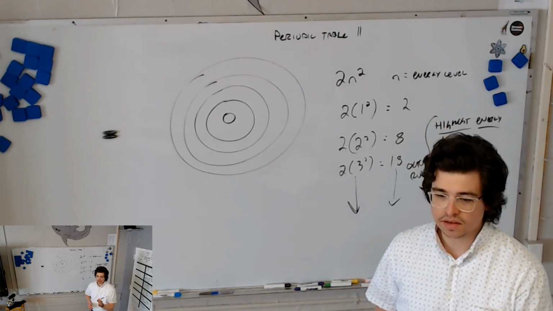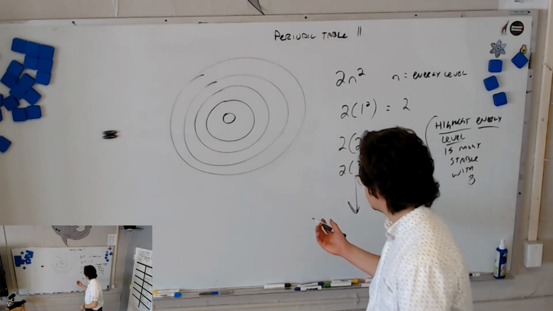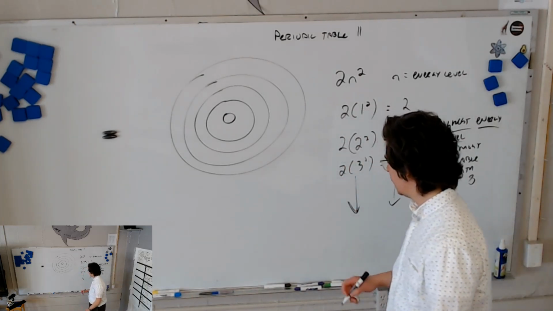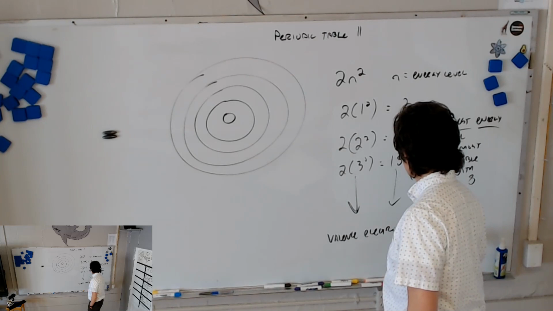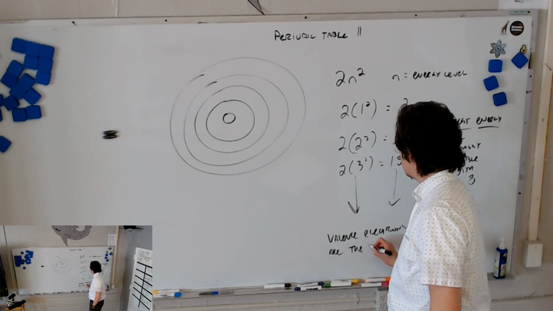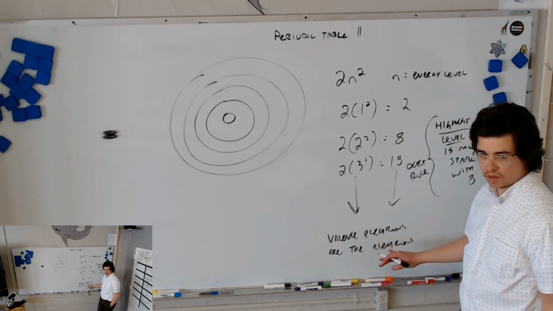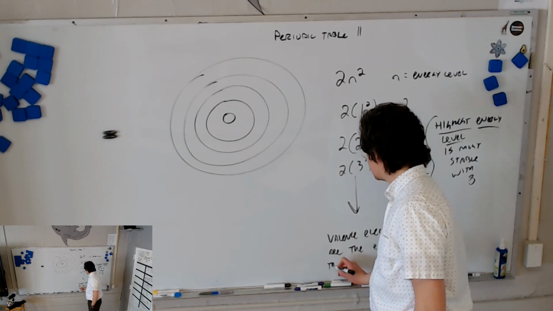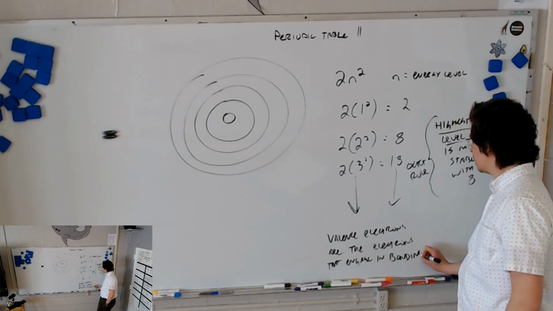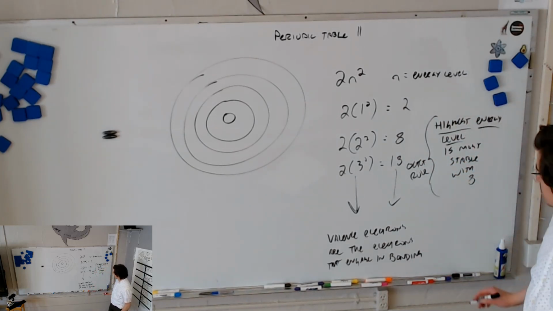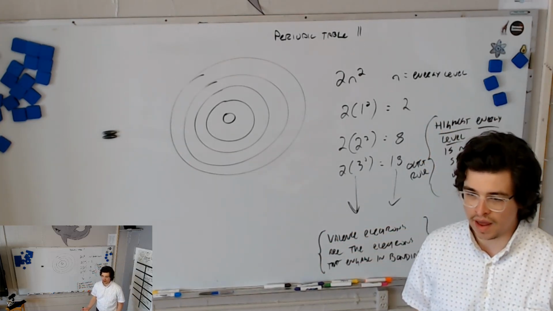Put this down. Valence electrons are the electrons that are transferred when a chemical reaction occurs. I'm going to shorten that so you can write it down more easily. Valence electrons are the electrons that, obviously, by definition are the outermost, but this is also true: valence electrons are the electrons that engage in bonding. We're going to talk about bonding more in the next couple of chapters, but these are the ones that determine when an element will react with another element.